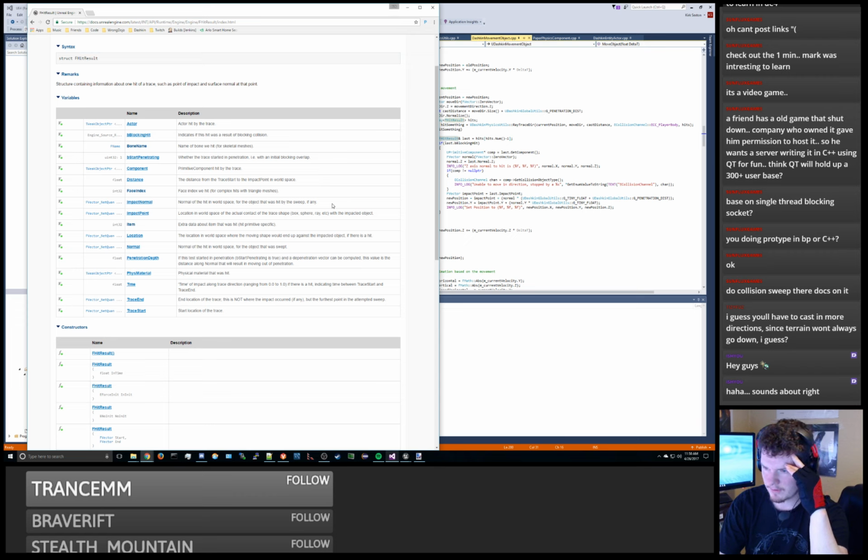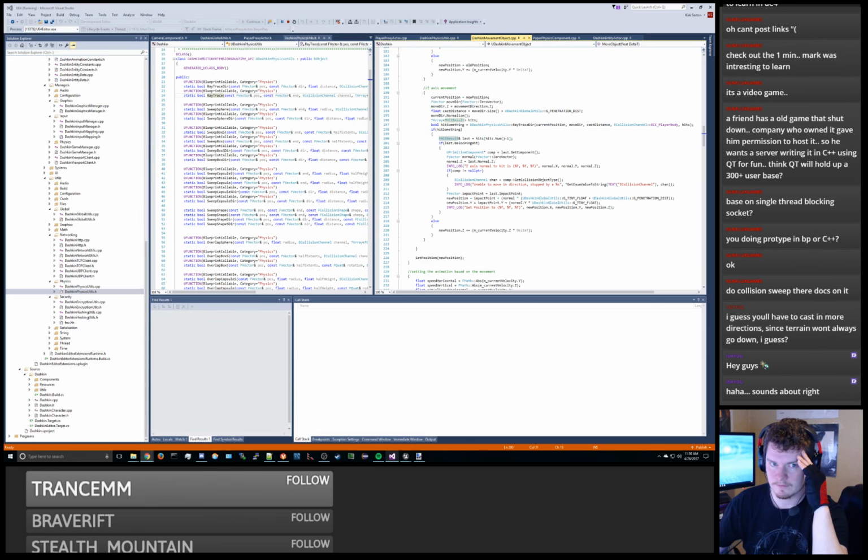So I'm looking for... yeah, we have the start of the location of the trace and the end of the location. This is not where the impact occurred. So we have the trace start, and the trace start for a hit, if we're doing a sweep test, should actually give us what I think we're looking for. So we do have...